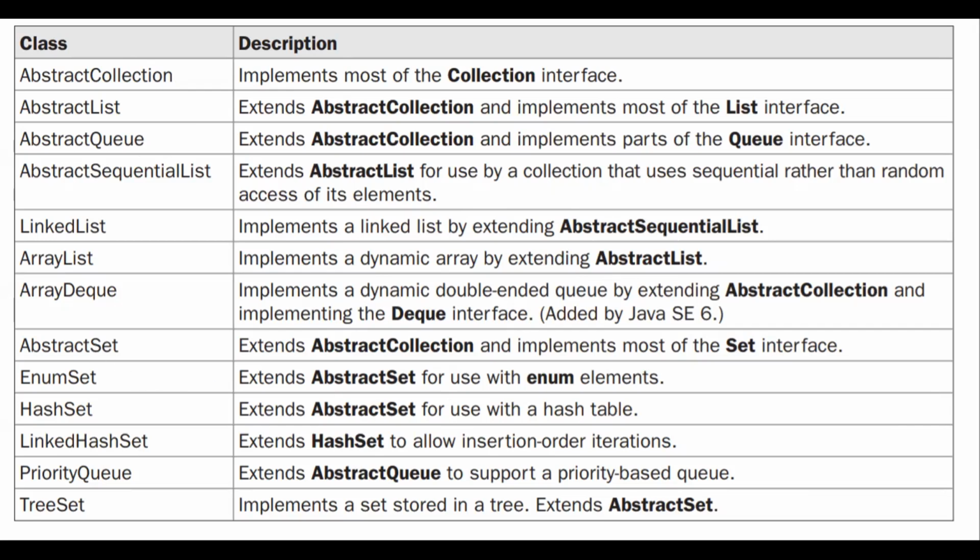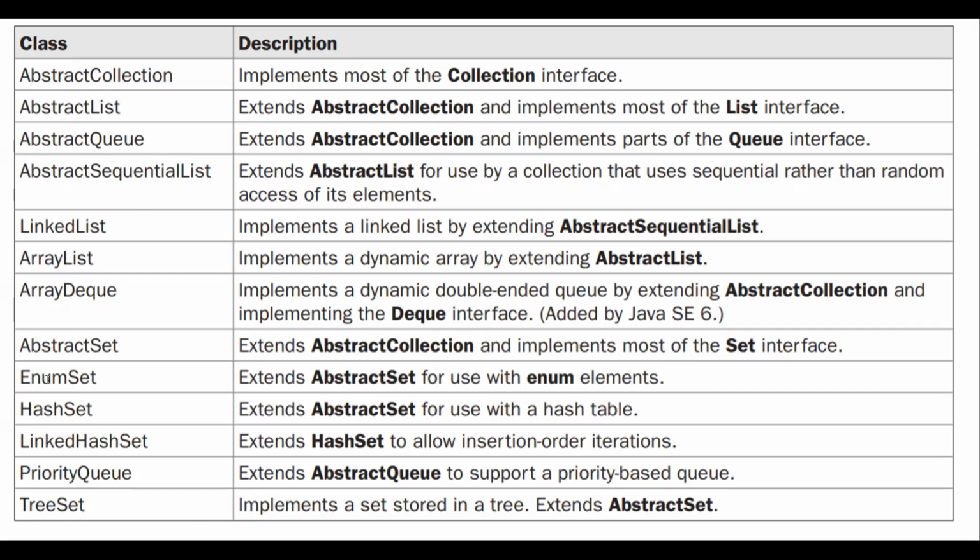Then abstract set again extends abstract collection, since abstract collection is a base class for all the collection classes. It implements the set interface. All these classes extend the abstract collection, in one of the hierarchies, and then implement some or the other interfaces.